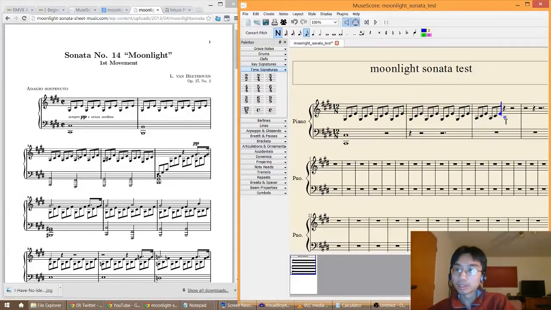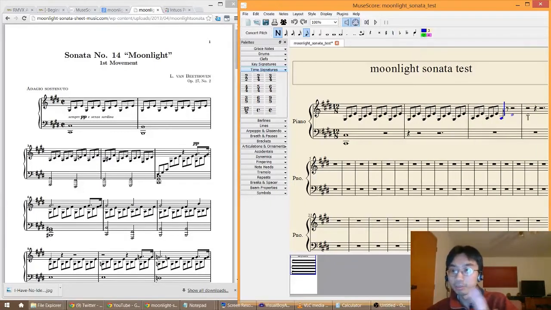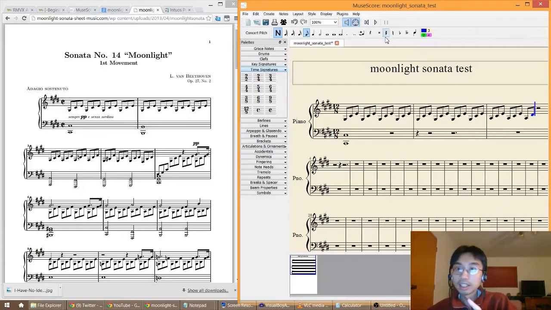I think it's on this one. Or on the next one, hold on. Okay, my bad. Put the note down first. Put the note down first before deciding whether it's natural, sharp, or flat. Okay, natural, and then